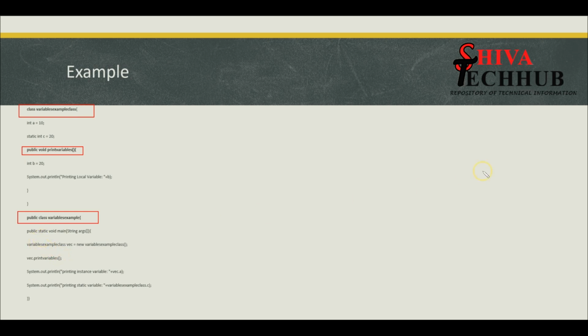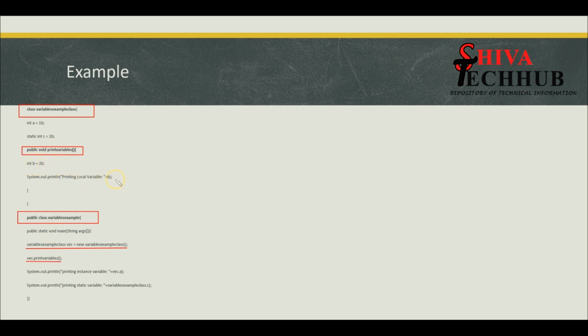Now let us consider the remaining examples. As always, you are going to create an object for that particular class. So this is the class variables example class. For that, I am going to create an object by using the new keyword. Then VEC, so this object name dot print variables. You are calling this local method. So what will be printed? Whenever this local method is called, it automatically takes this value b equal to 20 and it will print